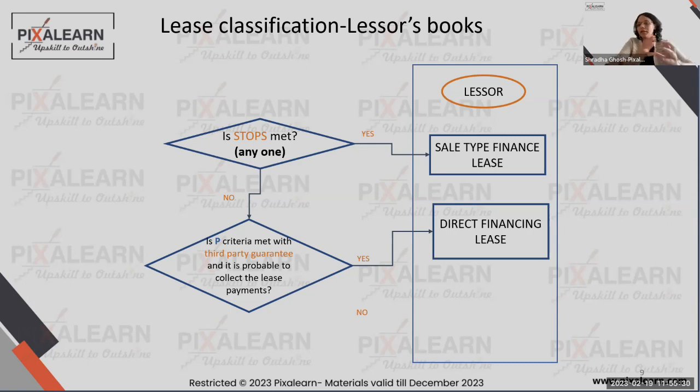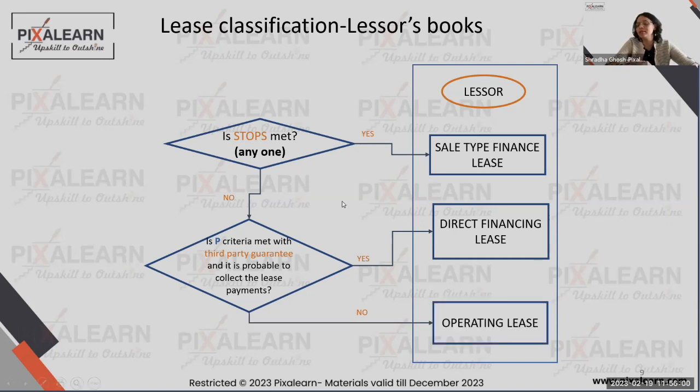we say, okay, if you look at the criteria, that consideration is not flowing from the lessee to the lessor. The consideration is flowing from the third party, and now that PV criteria is actually being met. So if that is the situation, and you know for sure the third party is going to give you the residual value, in that case, I'm going to call it a direct financing lease. Else, I'm going to simply record it like an operating lease in the books of the lessor.